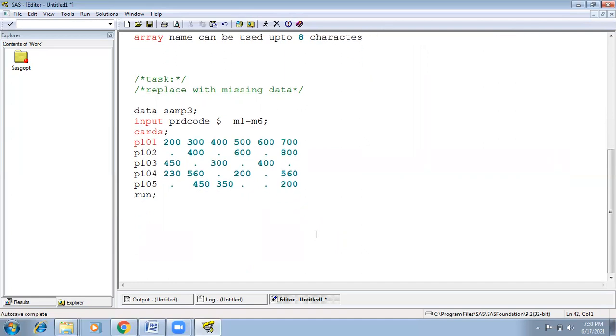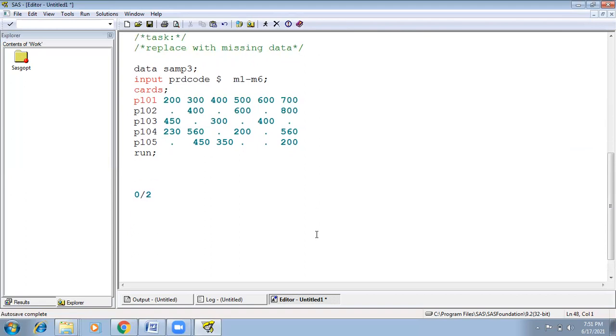Then what will we do here? I want to replace with the required value. For example, wherever missing data is available, dot values are available with respect to each column. I want to replace them with 0 or a required value. You can take anything, 200, 300. It is up to you. But I want to replace the missing data, here with the 0 value.